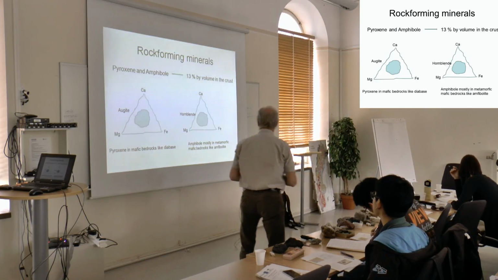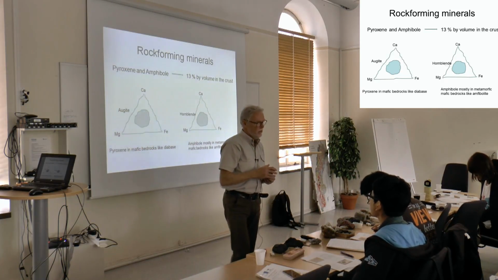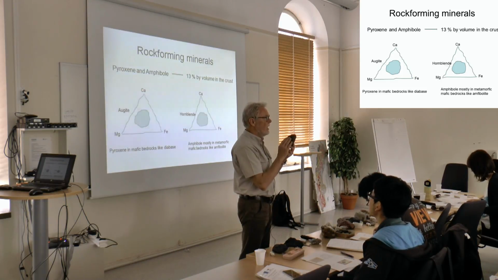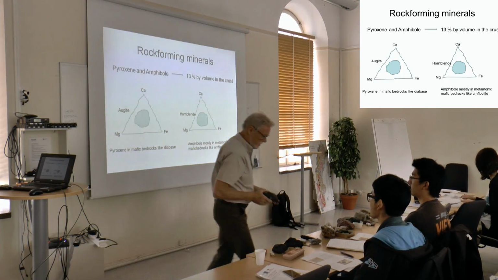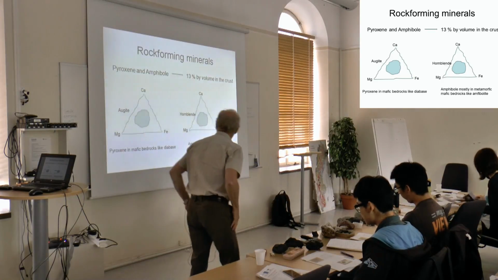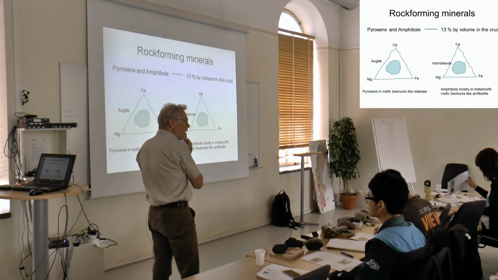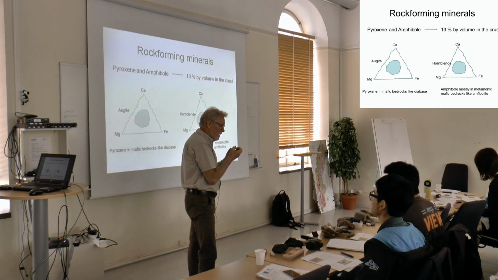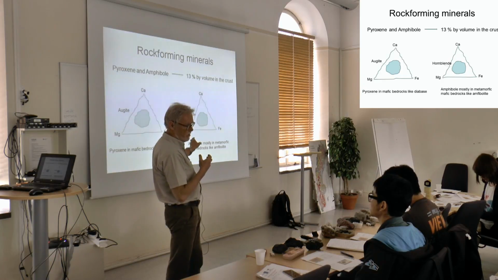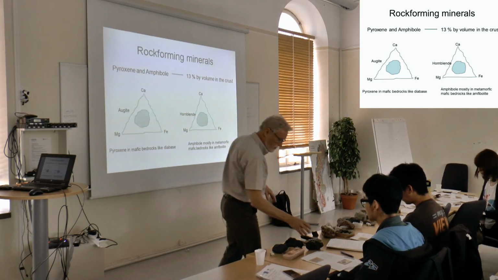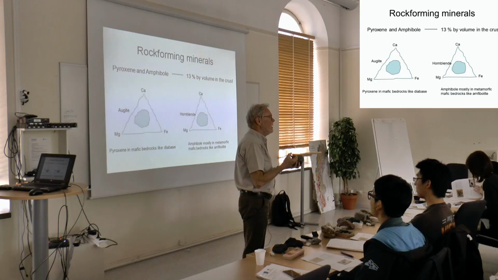Also, amphibole is more common in metamorphic rocks, because this one contains hydroxide. It doesn't appear in this one. But these are very important, because if we have a lot of minerals like this, they can collect the heat more than in these acidic rocks. So these basic, mafic rocks, they are more, say, heat